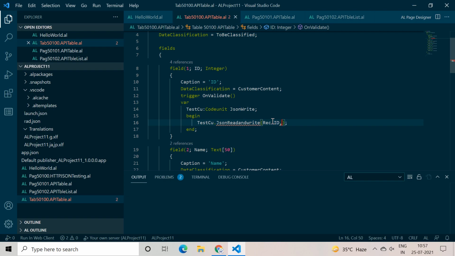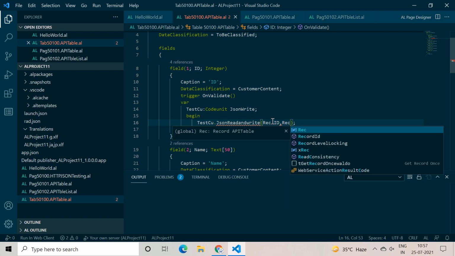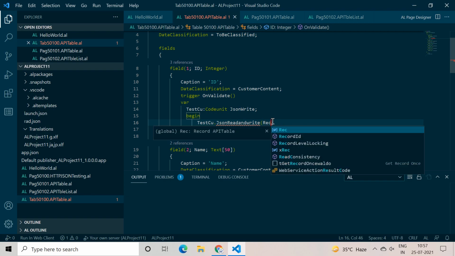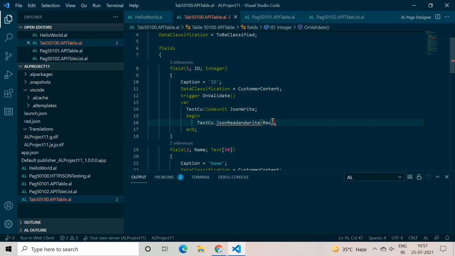Also, we want all the fields of this table to get automatically updated as soon as the user inputs the ID. So I can also call this, rather than making it confusing, let's call it one record here only. So that's what we need.